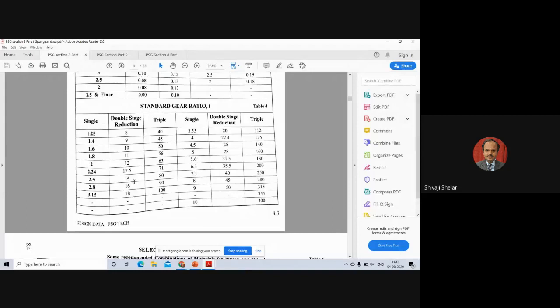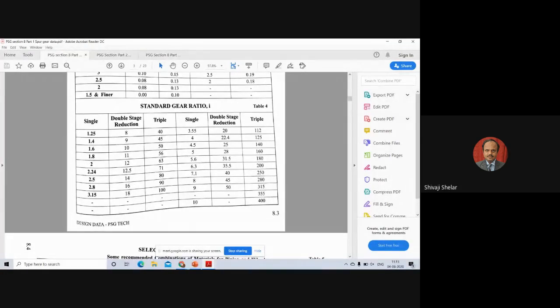Now somebody may say I will go for three-stage. No, for three-stage you can see what the minimum value required is. For three-stage reduction, the minimum value is 40. And with the two-stage reduction, you can go up to a maximum of 50. You can see another column for two-stage reduction, starting with 20. So the maximum ratio you can go in two stages is 50, minimum around 7 to 8. Since we require 16 as the transmission ratio, we should have the number of stages as 2 here. So that's why we are going for the number of stages as 2.